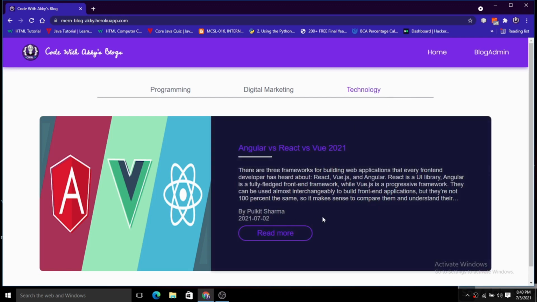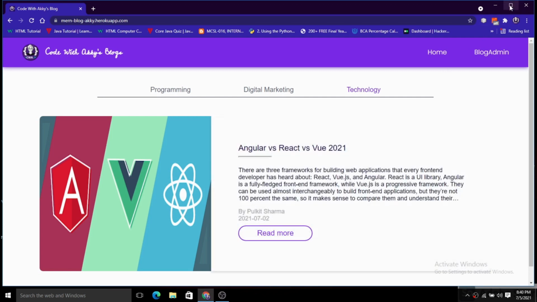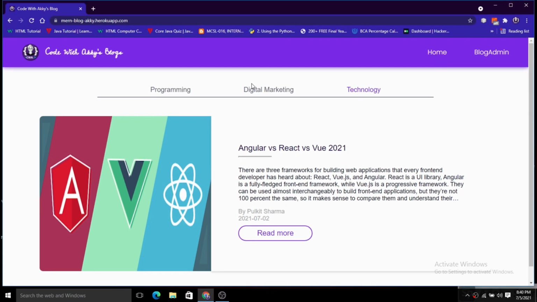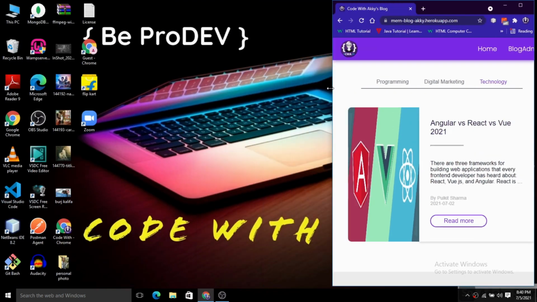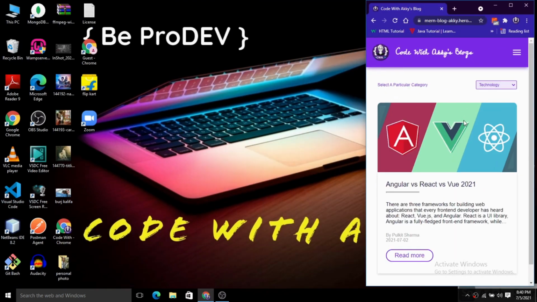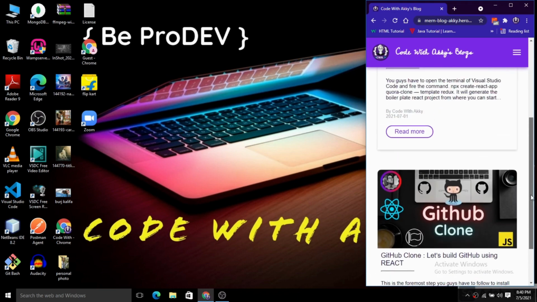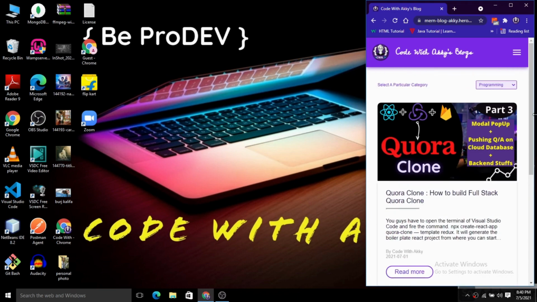Now you can see here, we will also click to read more, but let's explore the responsiveness of this build first of all. I'm just going to show you the responsiveness. You can see it is responsive for every screen size. We can see the responsiveness of this card, and this whole application is built in React, and I'm not going to use any library.